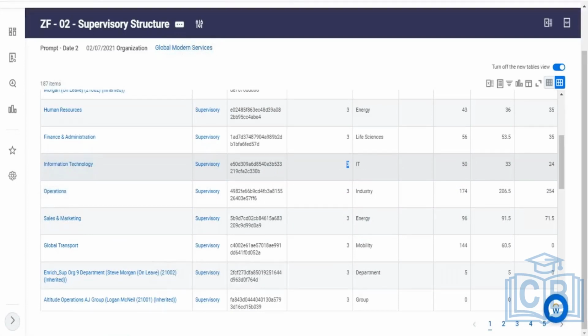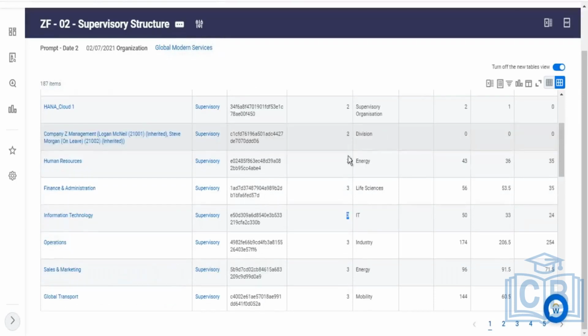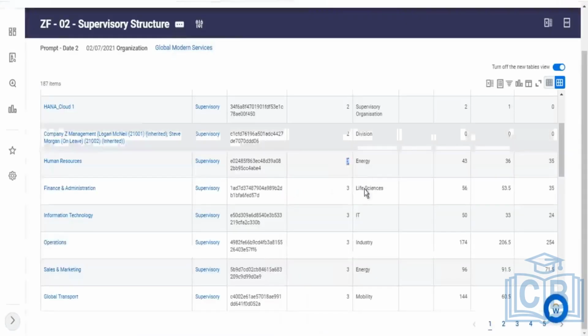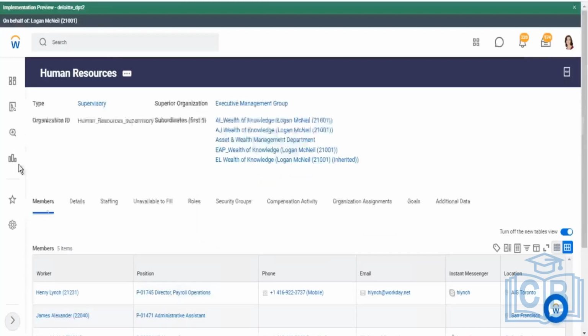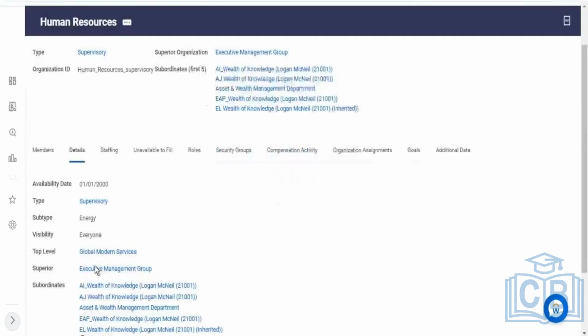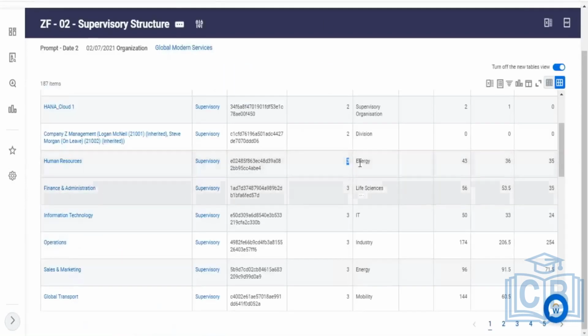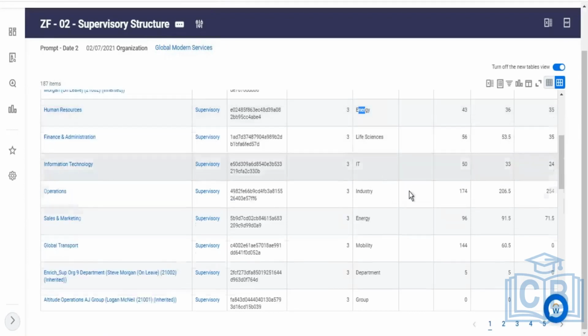Now if you see, for these organizations at level 3, if I open human resources, don't worry about how human resources is related to energy. This is just sample data. If I go to human resources, the subtype is energy, which is what is displayed here. Now the problem is, if I scroll down,